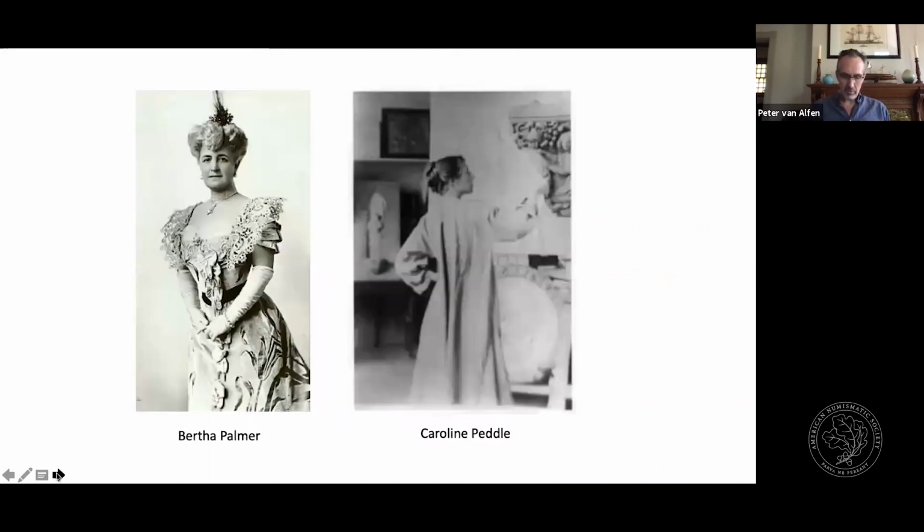Bertha Palmer, meanwhile, and the board of lady managers also took notice of Barber's less than exquisite rendering and sought to do better, endeavoring to create the US's first truly beautiful coin as their own souvenir. Seeking to avoid congressional controversy, they waited until the next Congress, the 52nd, to petition for a bill for their own fundraising coin, one that would feature the Queen Isabella of Spain, Columbus's patron, and which would be designed by